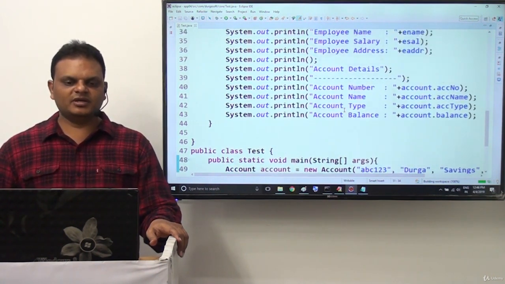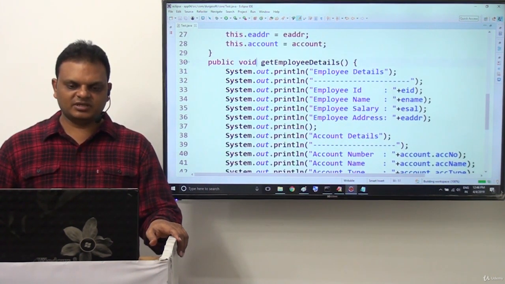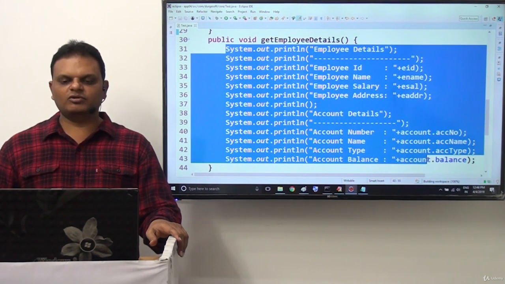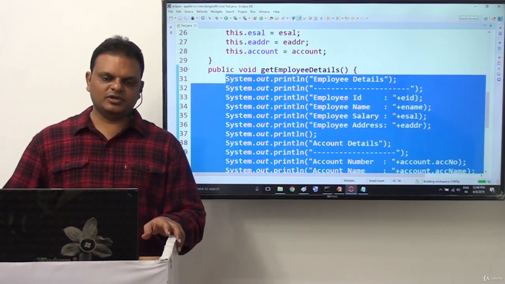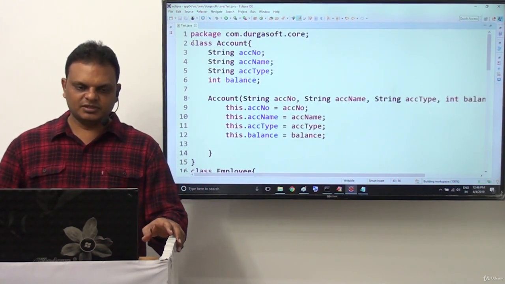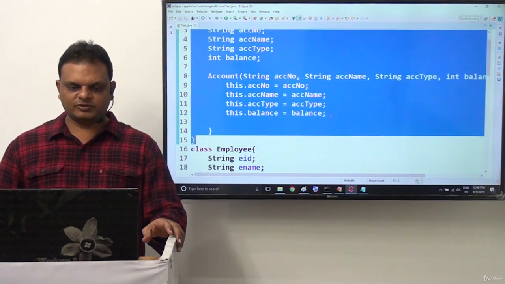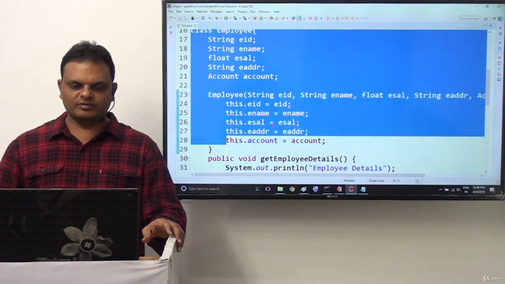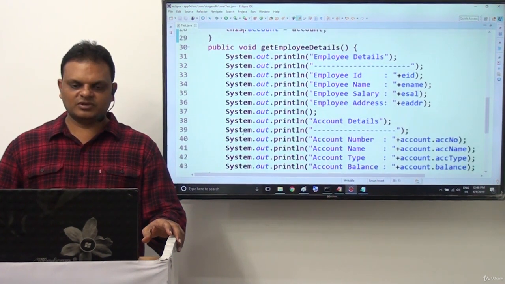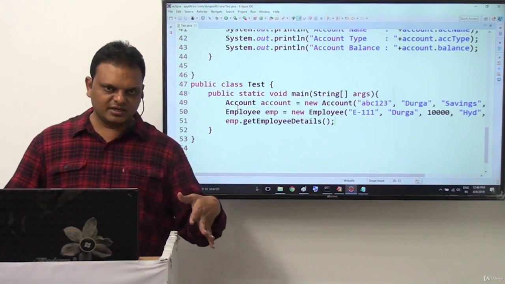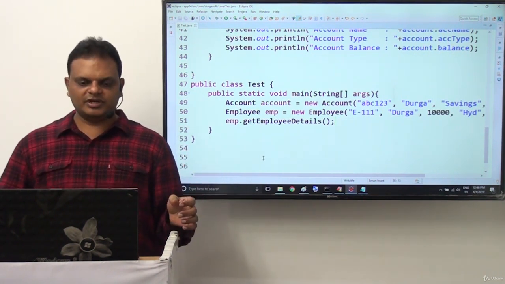The getEmpDetails method will be executed, and the employee details as well as the account details are both displayed in our example. Observe this clearly. First we prepared the contained class, then the container class. Inside the container we declared the account reference variable, along with a constructor and a method. Through this method we displayed both the container data and the contained data.